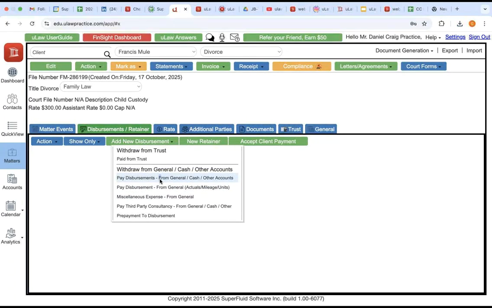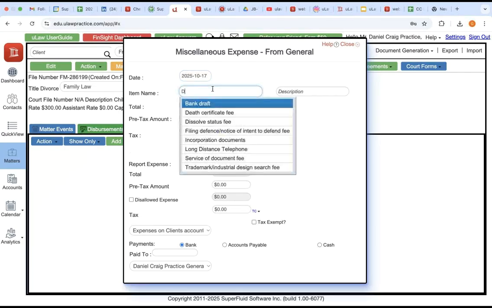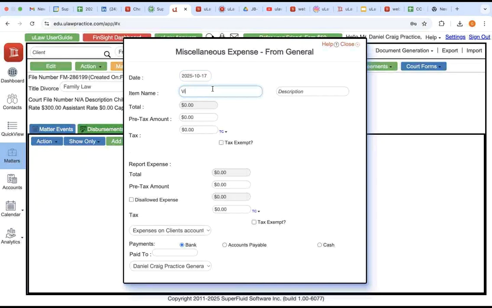Let's say general, let's say the first option to use is pay disbursements from general cash other accounts, the very first one. When you use that, it is super simple and easy for you to be able to add them. Let's say this was a driver's virtual verification, driver's license.